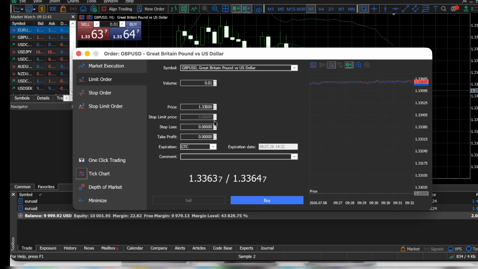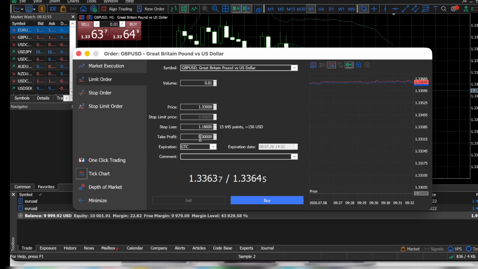You can also fill in a few optional settings to better manage the trade. First, there's stop loss. This is the price level that helps limit your losses if the market moves against you. Next is take profit, which is the price where the trade will automatically close if it reaches your profit target. You may also choose an expiration, which allows the order to be cancelled automatically at a specific time if it